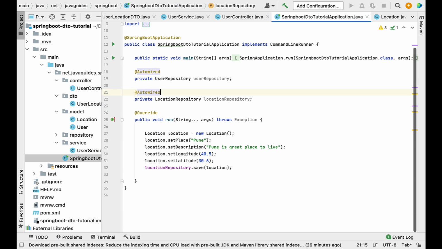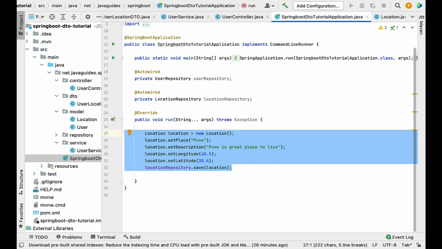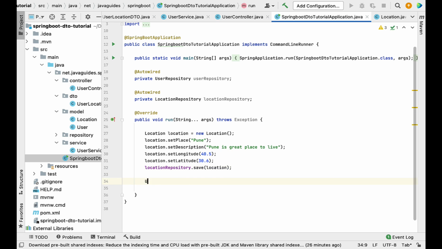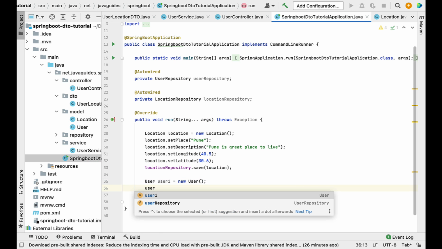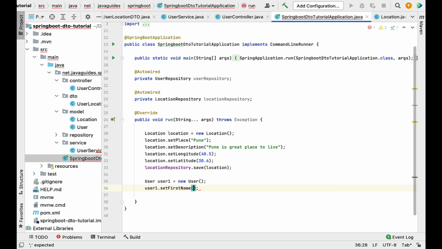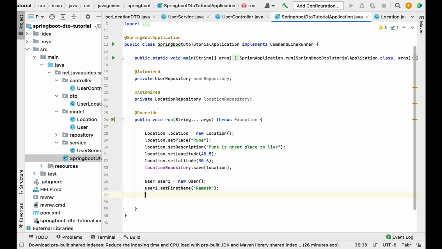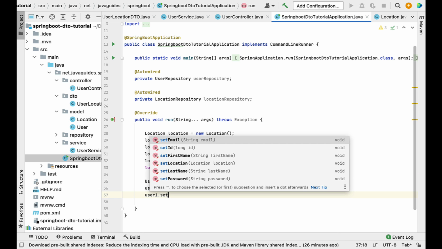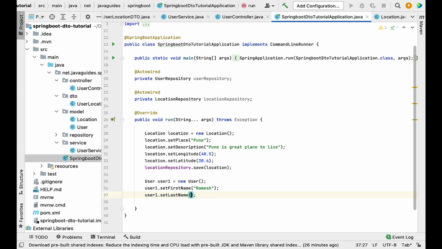Okay, now we have saved a location in the database. Similarly, we're going to create a user object here, user1 = new User, and quickly set the data on the user object here. Set first name Ramesh, user1.setLastName, let's say Furtari,